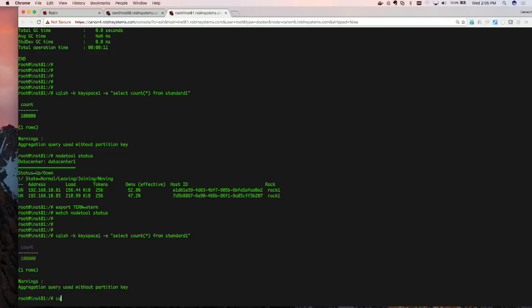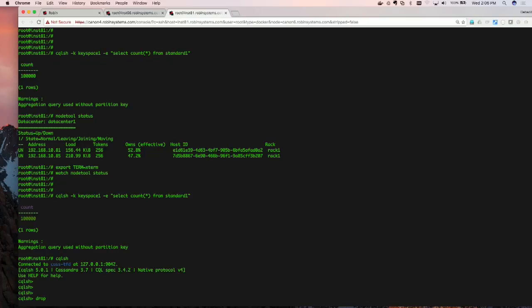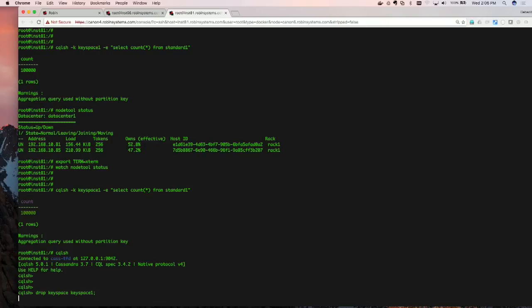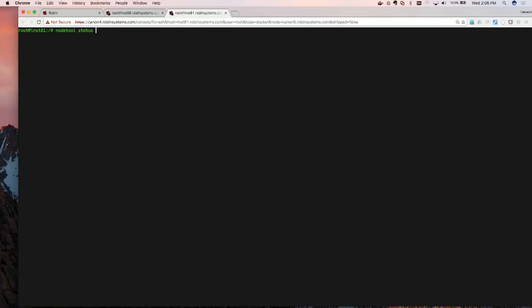So what I'll do, I will connect to my Cassandra cluster, and I say drop keyspace 1. I hope I typed correctly. I don't like the fact that it doesn't tell you whether it dropped or not. It's not a Robin issue, it's a Cassandra problem. So I'll just clear the screen. And what I'll do is, instead of 100,000 records, this time around, I'll just insert 10,000. So, well, Control C,